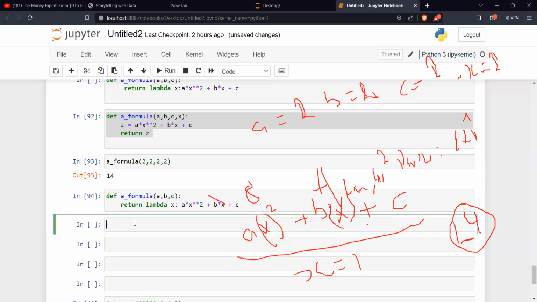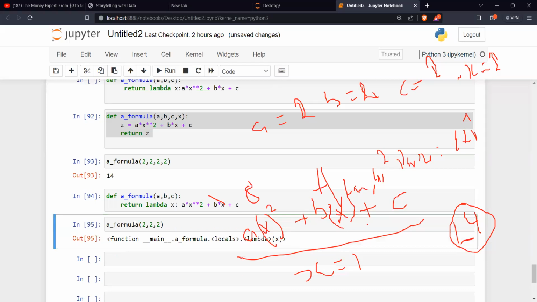So if I want to put a formula now, it will be 2, 2, 2. So we now need a formula for the function. And what's the function there? Is that X? We have the formula already, so we have put it there. Let me put it inside B now.